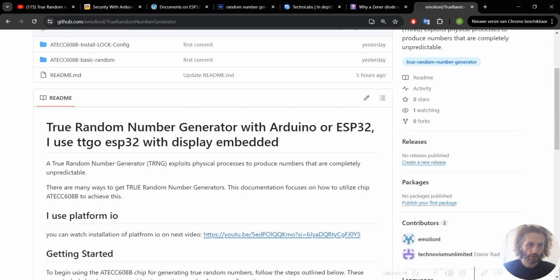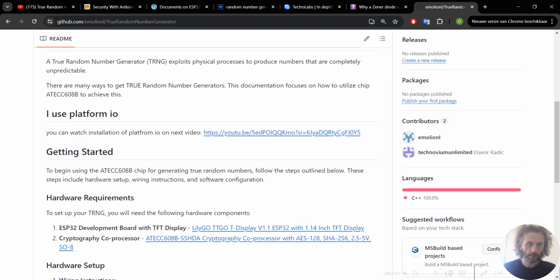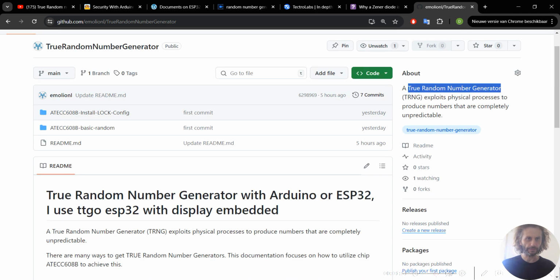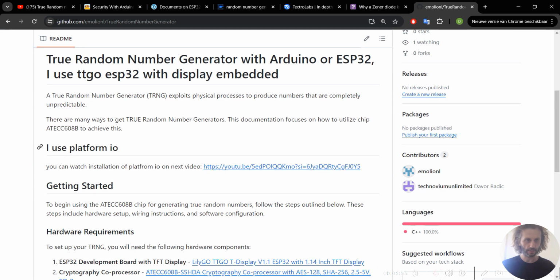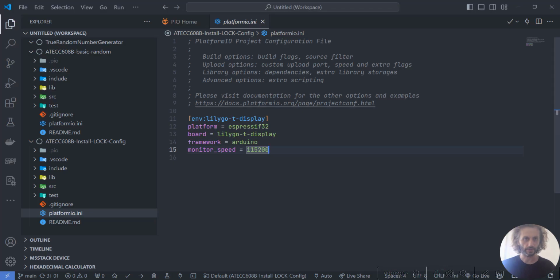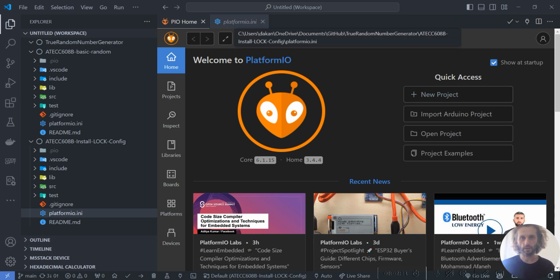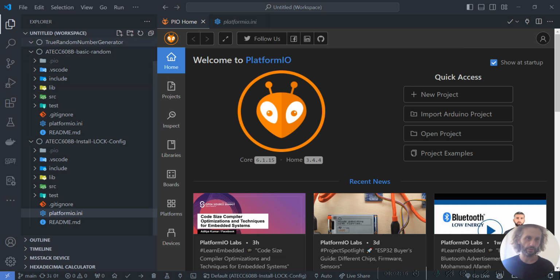All right, so I'm here at the beginning of this repository. I placed here how to install Platform IO. I'm using Platform IO as a plugin for my Visual Studio Code. So you can here make a new project and I will just show you how to do it. I already made here